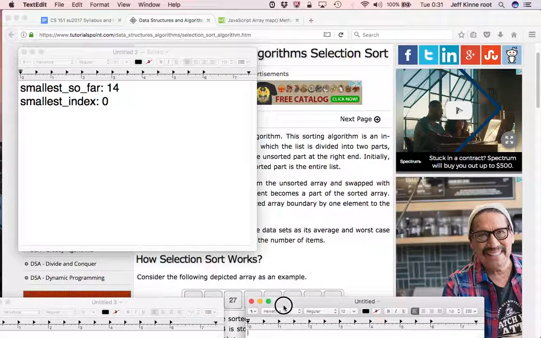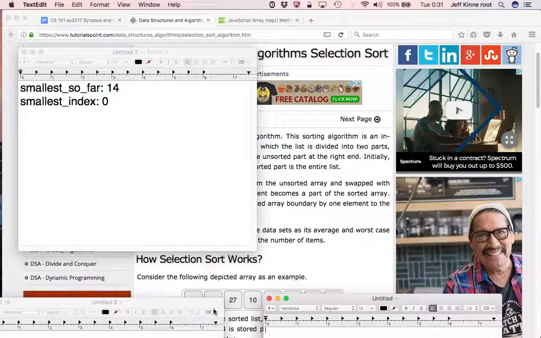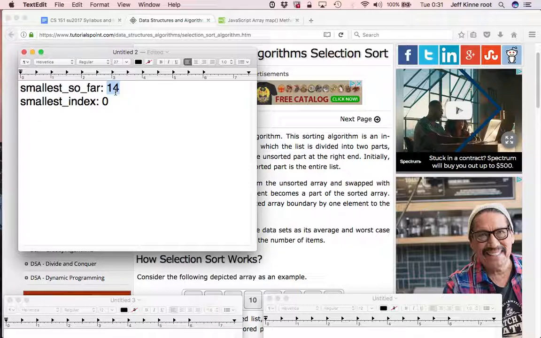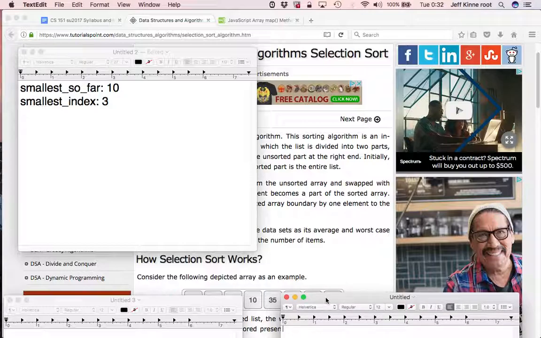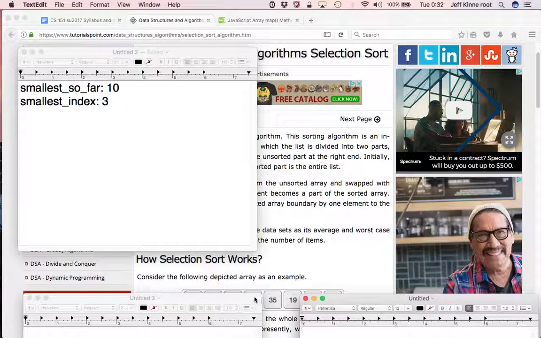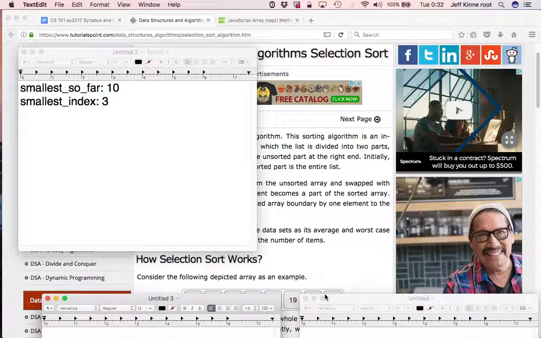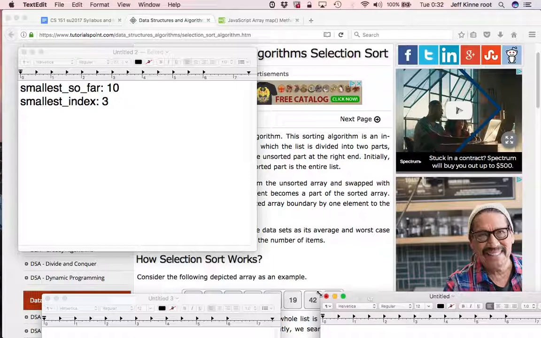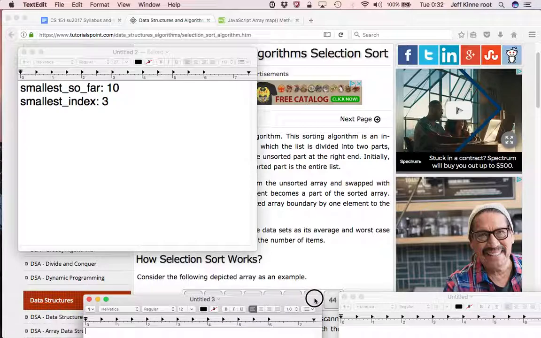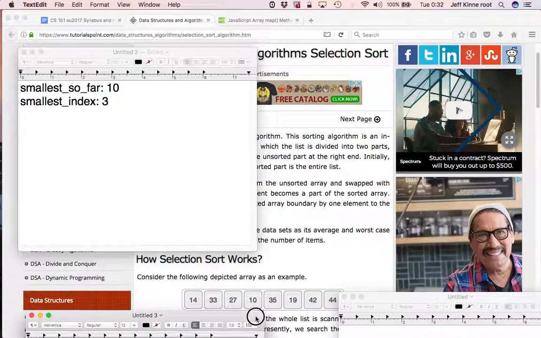I can remember where I am in the array. Now I see the 10. Okay, that's smaller than 14, so I should put a 10 there, and that's at index 3. If I'm inside of a for loop, I would have a counter. All right, we would go to the next one. 35, not smaller than 10. 19, not smaller than 10. 42. And 44, and we would be to the end of the loop with